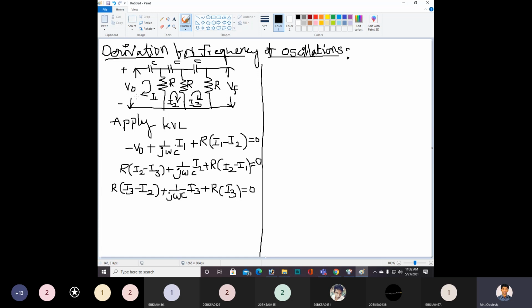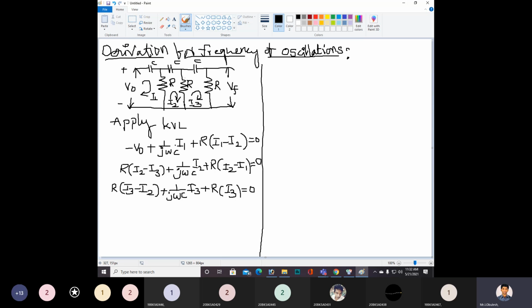This is the first loop. Here see V naught. So why we are getting a negative sign means, this loop will be in this direction, right? So because of that reason, this is the minus. So first the loop will be entering into the first minus. Then for this resistor and this capacitor, I1 into 1 by j omega c for this term. For this R we have I1 and I2, right? So first we need to take I1 minus I2. So here we have R into I1 minus I2 for the first loop.